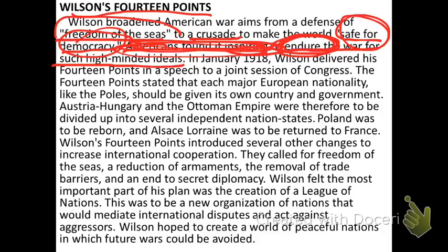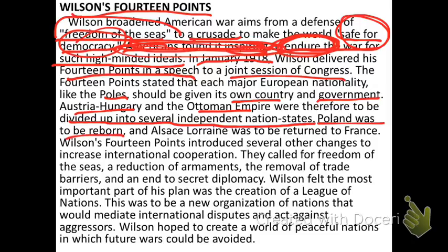In January of 18, really just a few months before the war ends, Wilson delivered his 14-point speech in a joint session of Congress. The 14 points stated that each major European nationality, like the Poles, the people from Poland, would be given their own country and government. And of course, we expect that government to be democratic. Austria, Hungary, and the Ottoman empires were therefore to be divided up, and several new nation states were to be created. Poland was to be reborn,